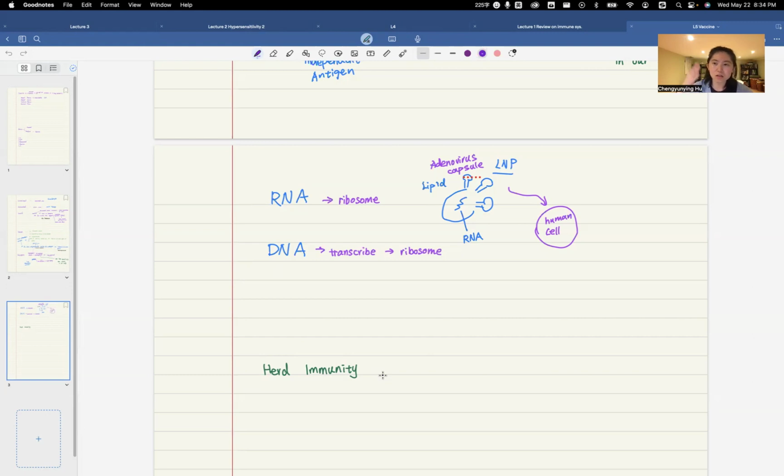So we cut the circle of spreading. When majority of people get the vaccine and a small amount of people didn't get vaccine, and we prevent the spreading of the disease, then